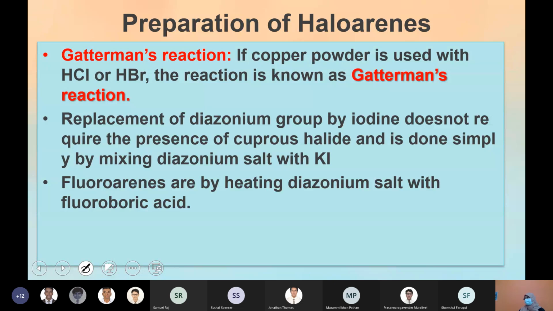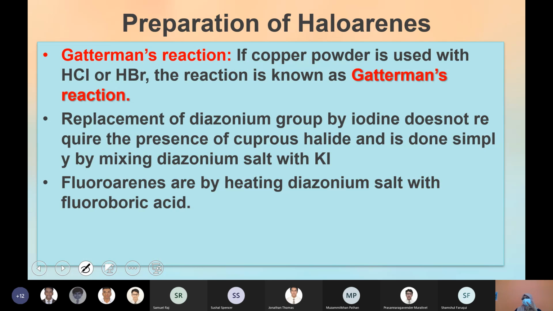So these are the three different methods of preparing haloarenes: electrophilic substitution, Sandmeyer's reaction, or you can say Gattermann reaction, which is basically for chloro and bromo products. In all these cases, you can see iodo and fluoro compounds have a different method. So electrophilic substitution, Sandmeyer's reaction and Gattermann reactions are to prepare chloro and bromo benzenes or their derivatives directly. In electrophilic substitution, you can't prepare a fluoro compound because it's a highly reactive, explosive, vigorous reaction.